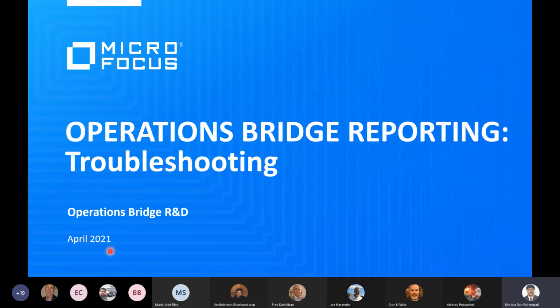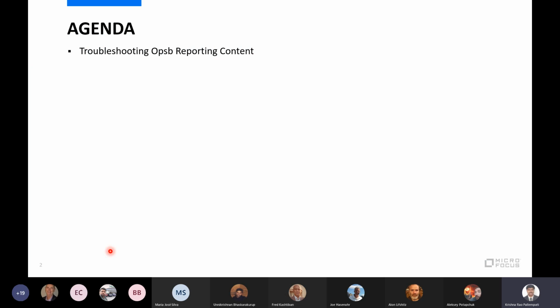Today, in continuation of what we saw yesterday, we will start with problems in the system: how to check them and where to check them. That kind of troubleshooting we will go through. All these troubleshooting steps are updated in our docs portal, so if we get stuck anywhere, we can refer to the troubleshooting steps there. With that, let's start my agenda.